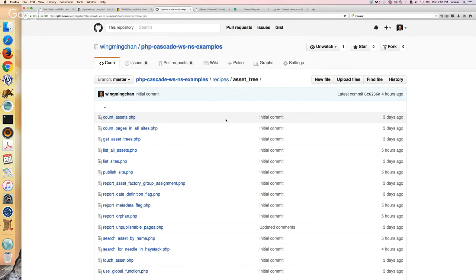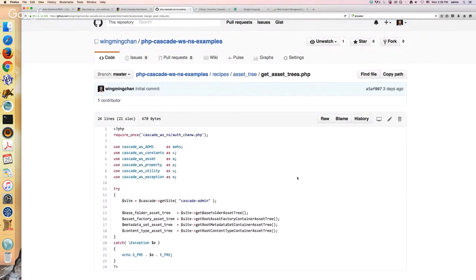Actually, you don't need to go through the container. You just get any asset tree you want in the site. But it only works for sites. That's why a moment ago I said, if you have folders, it won't work. You have to have independent sites in the first place. Once you have a site, then you can get different asset trees from the site object,